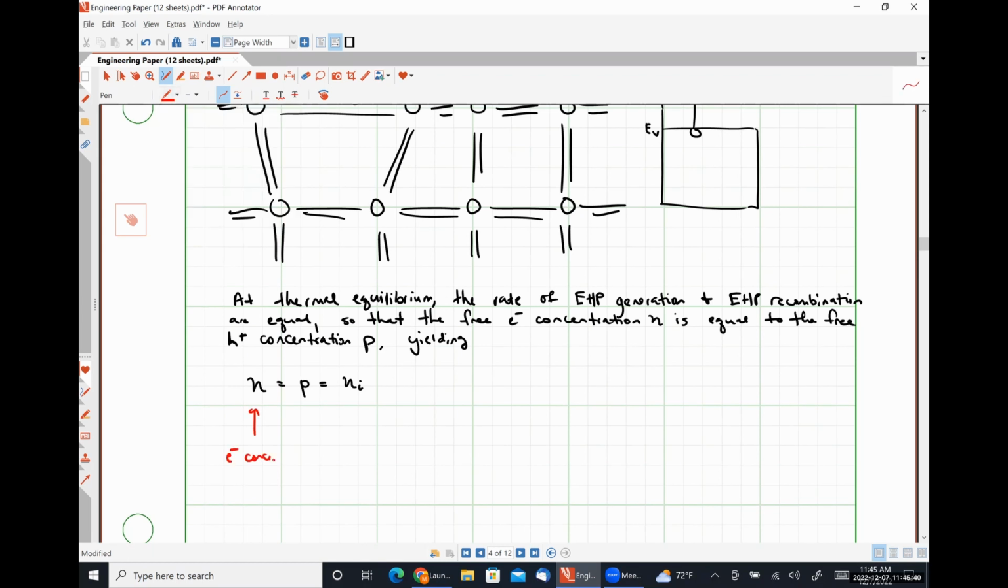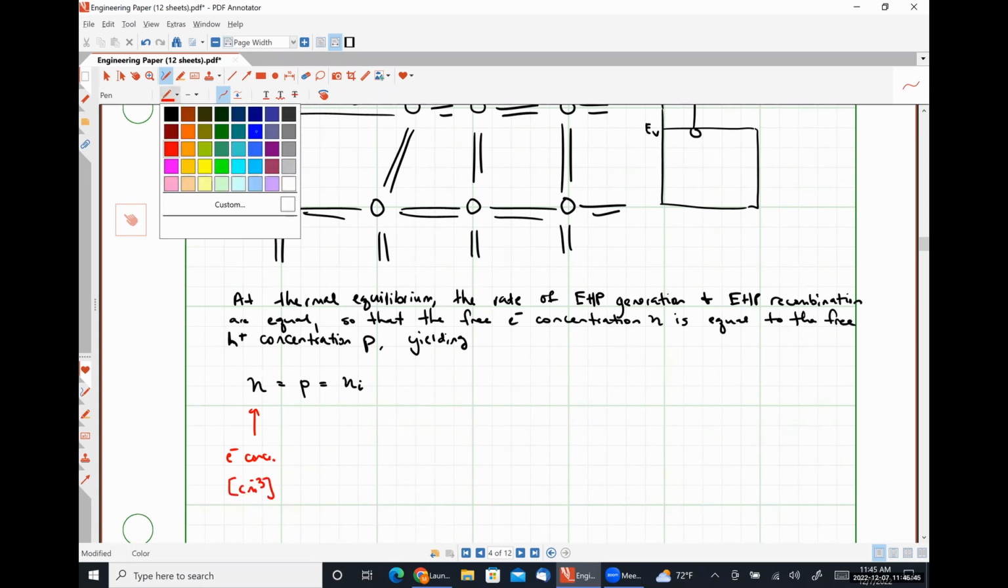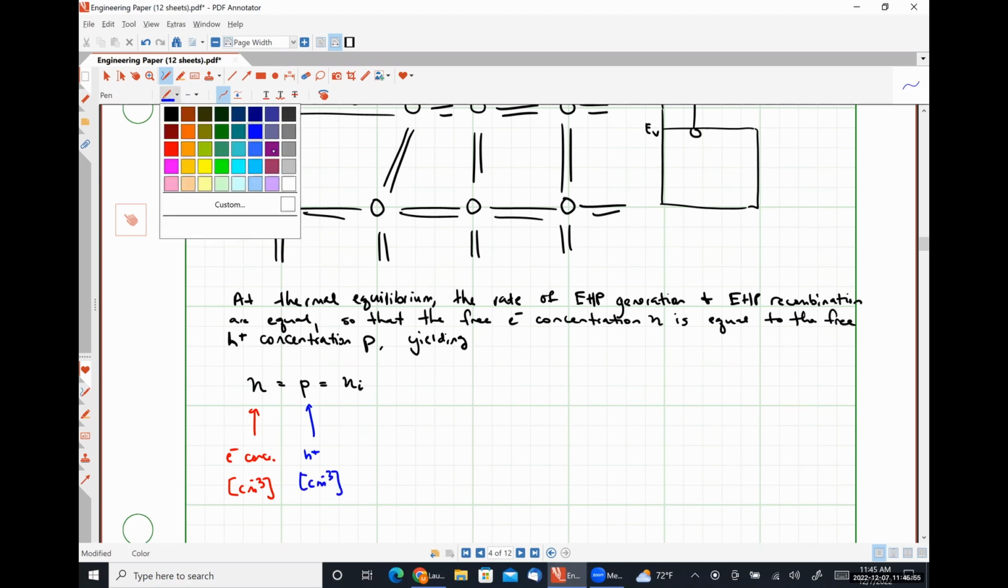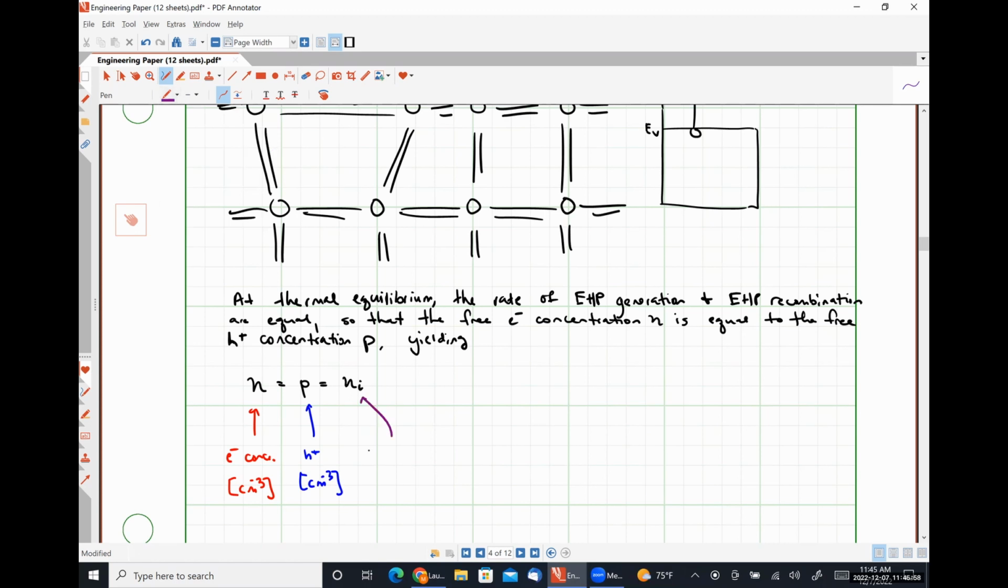Electron concentration measured in per cubic centimeters. Hole concentration measured in per cubic centimeters. And this is intrinsic carrier concentration measured in cubic centimeters. Another way that we can express this